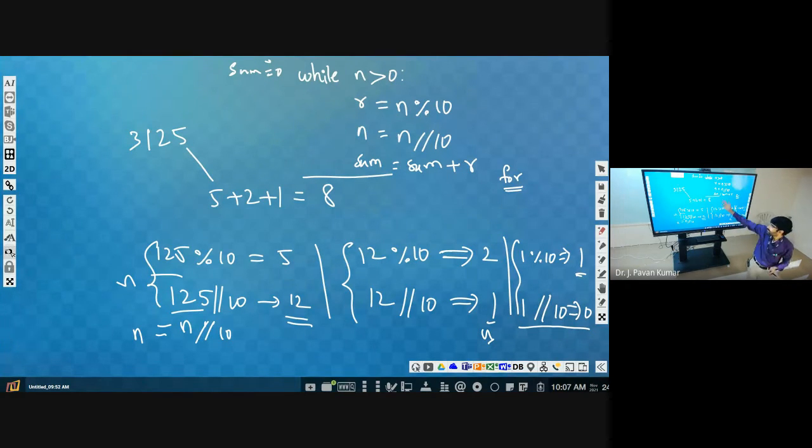You can observe it here. Suppose the given input is 3125. Then how many times will this loop be repeated? 3125, 4 times. If I give 125, if I give 5000, 4 times. If I give 50, if I give 59, 2 times.